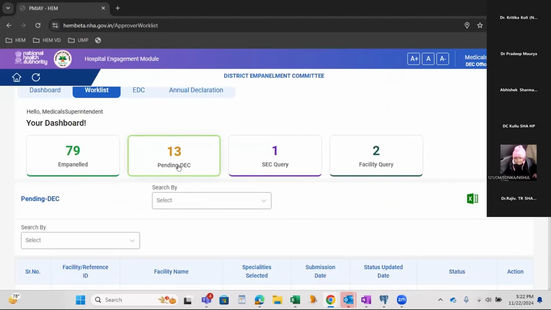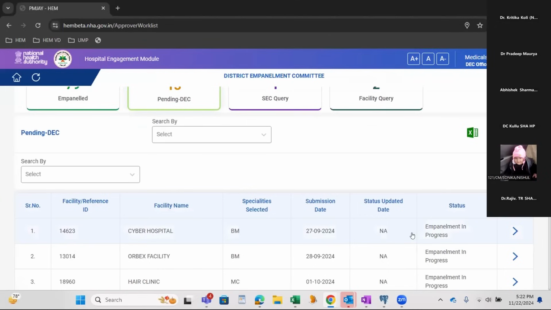If I click on the pending DEC card, see, this is the hospital which I just now submitted. This record is seen in this pending DEC card with all the details. Empanelment in progress, specialties I have selected, burns management, submission date is the date. Now click on it.